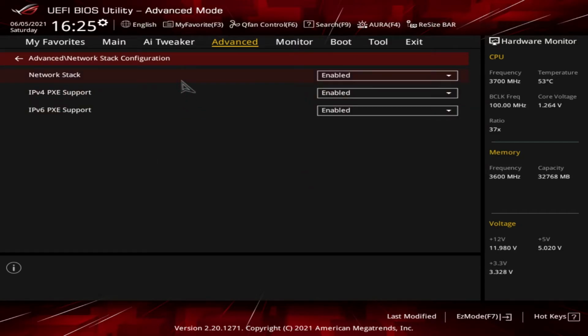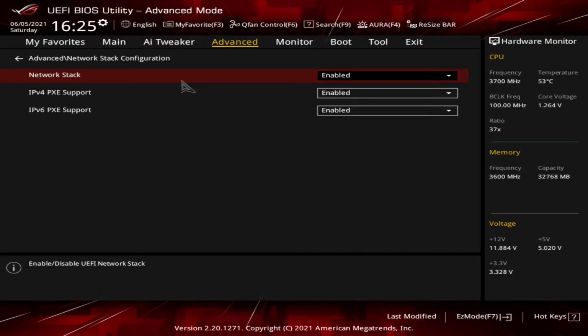Next up, we have the network stack configuration. If a user wants to be able to utilize something like Network Unlock, which is a feature in BitLocker, this option must be enabled. This would allow a network administrator to perform updates to a device that has a TPM plus PIN protecting it. An encrypted network key is stored on the server and would allow access to the system. When enabled, an additional option appears, allowing the user to enable the system to be woken up via IPv4 or IPv6